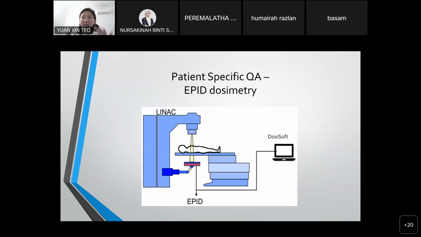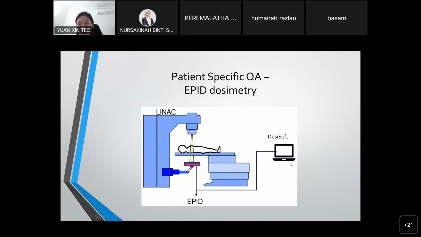Like just now, we used the phantom only to mimic patients. That is called in vitro. In vivo means real patients on the couch. So in this in vivo dosimetry,